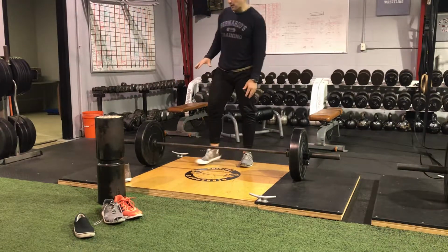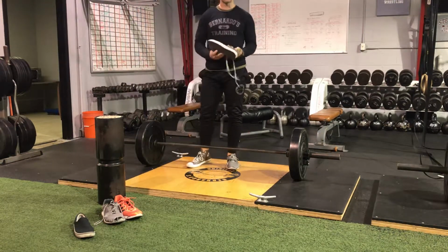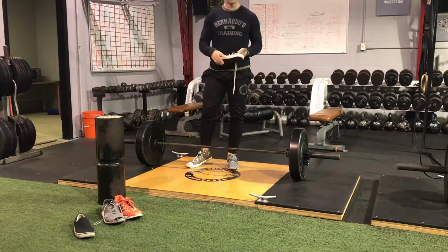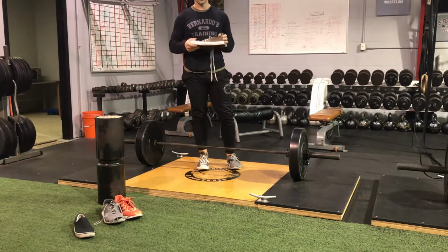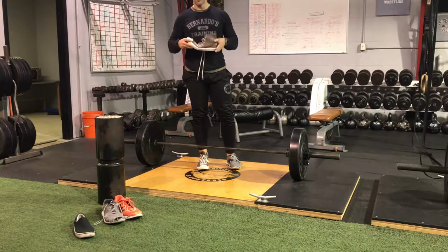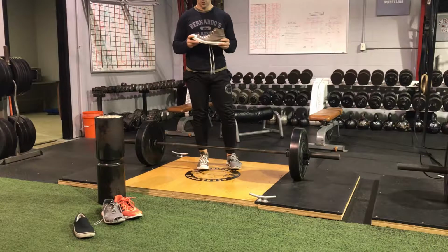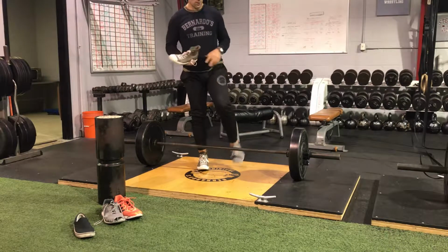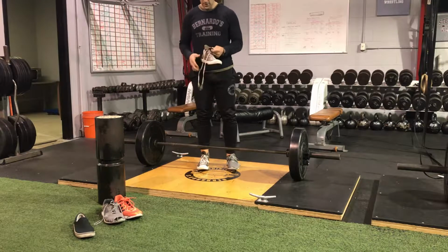But as soon as I loan out my Converse All-Stars to a kid, if he's moving some weight and I say, yo, try these shoes out, he goes, oh my God, it feels so much better. I feel like I actually pushed into the ground, like I could actually grip the ground. And that's what we really want them to do, be able to feel the ground, grip the ground, and push through the ground outwards with their feet. You can't really do it in a running sneaker like this. Now, the next thing would be,